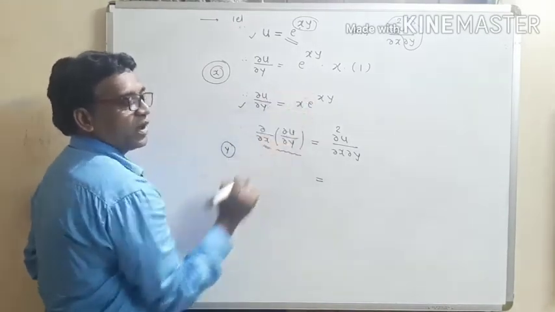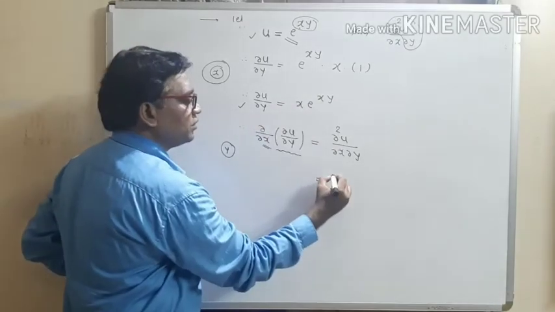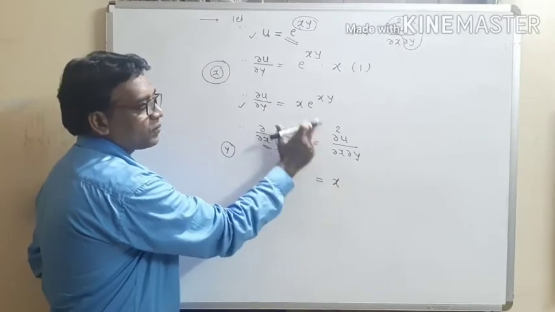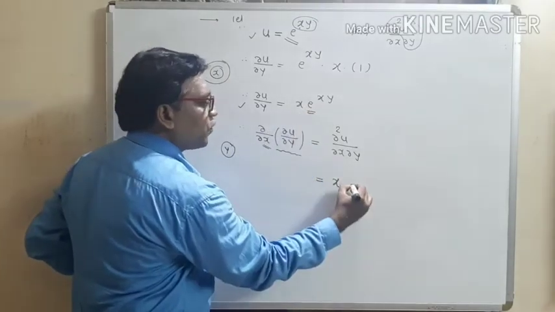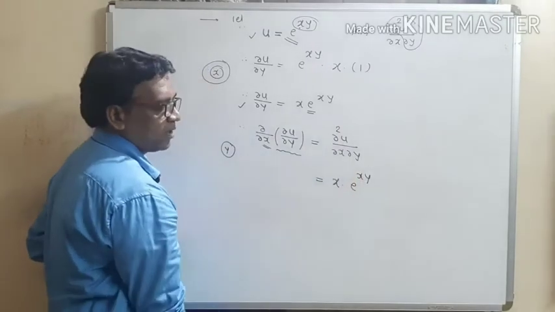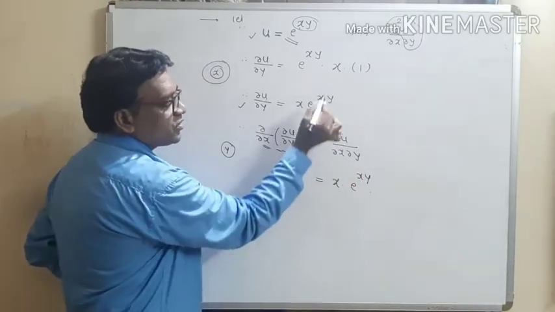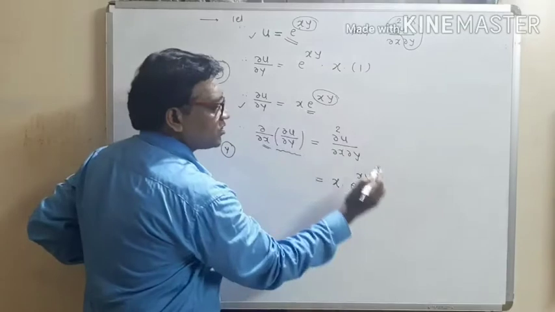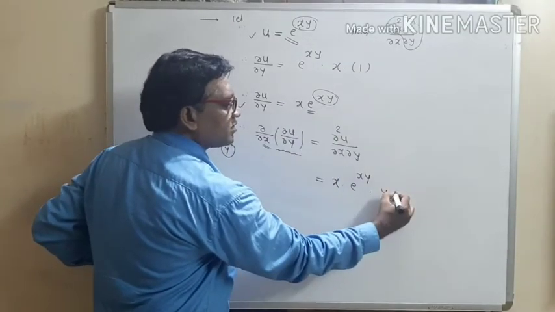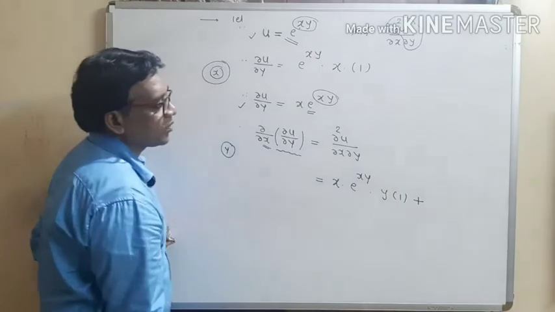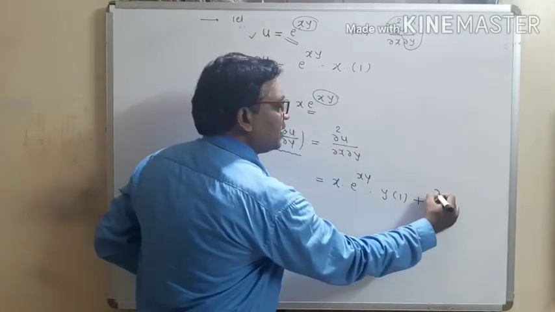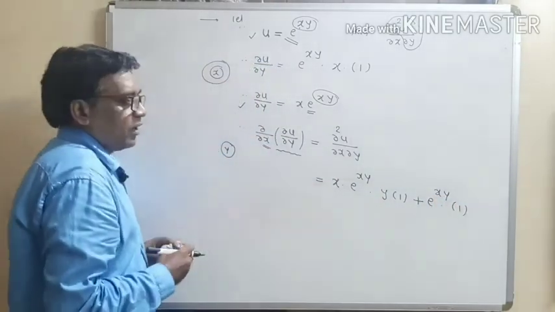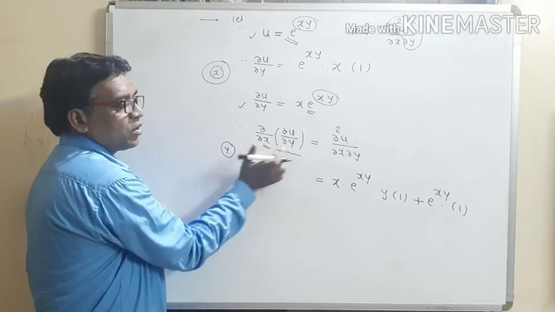So use product formula. So write down the product formula, this is equal to first term as it is into derivative of second term. Derivative of exponential term, it is the same, e raised to xy, into, according to chain rule, multiply by derivative of this xy by treating y as a constant term. So y, this is constant term, and derivative of x, this is 1, plus second term as it is e raised to xy, and derivative of first term, this is 1. So this is the product formula. ∂/∂x of ∂u/∂y.